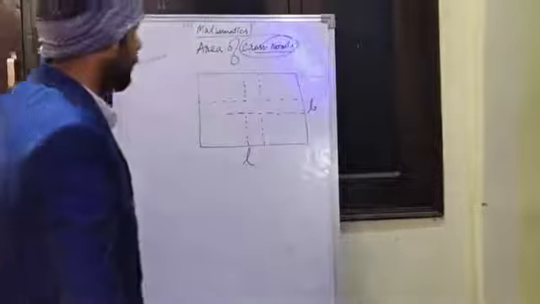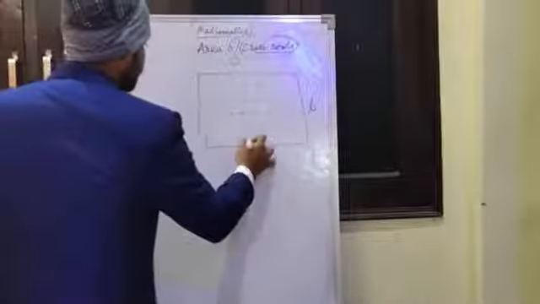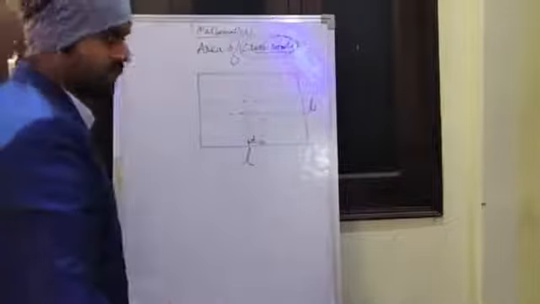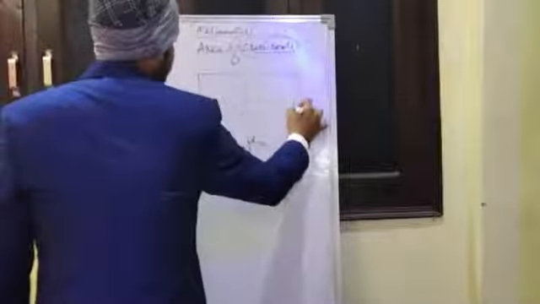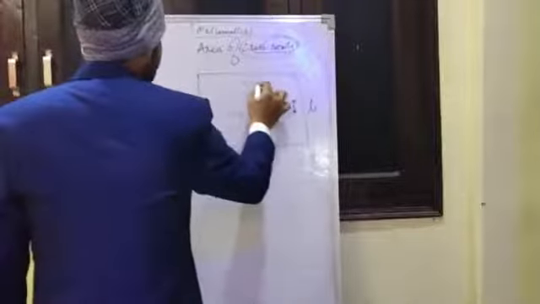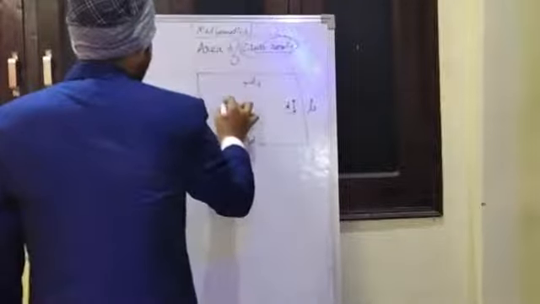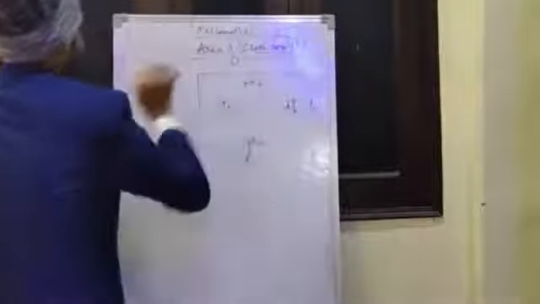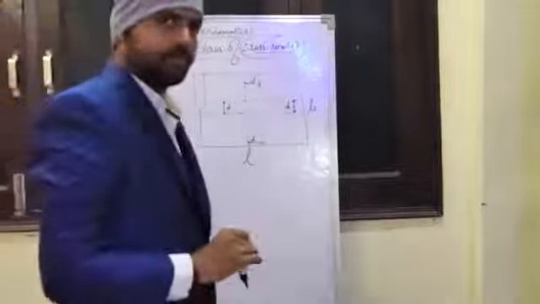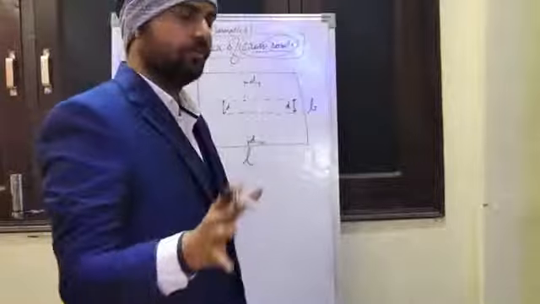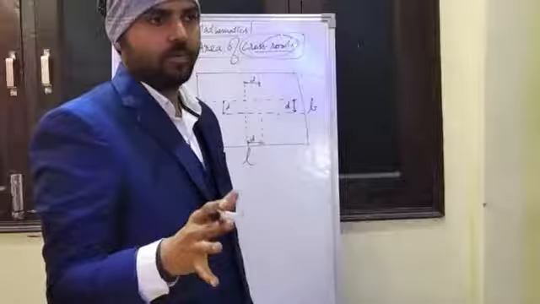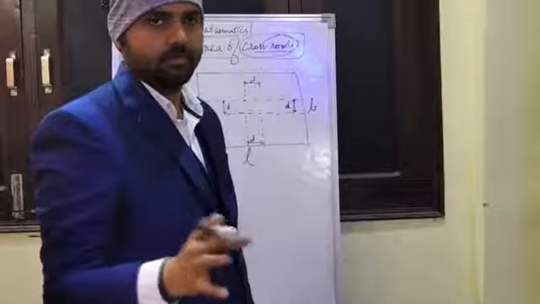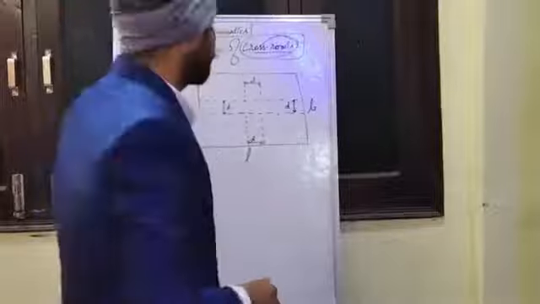Now I'll let you know the width of the road. Let's take the width of the road as D throughout the path. Throughout, the width is always D here. So my focus is on finding out the area of the crossroads. We will find out the formula for the area of the crossroad, and once you have understood how this has come, you can directly use the formula when you are going to solve the questions.